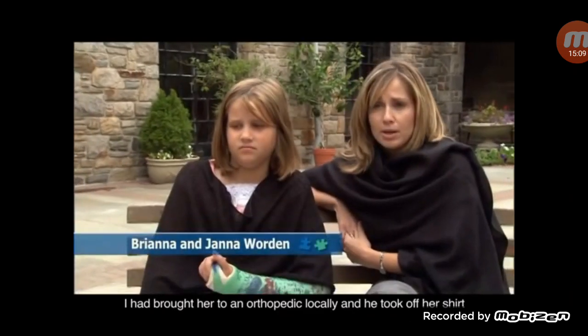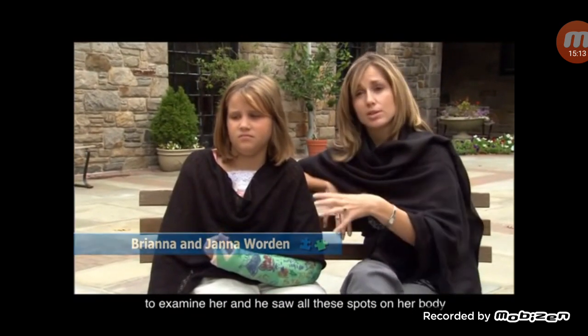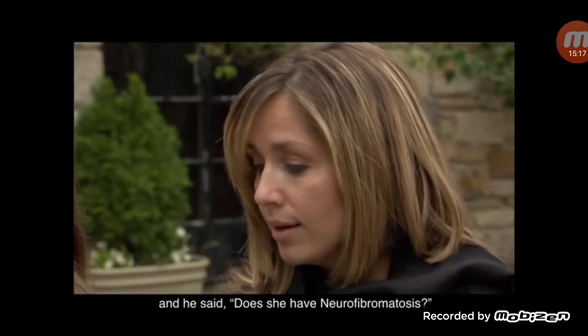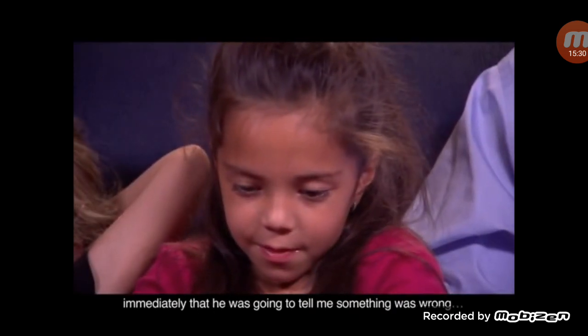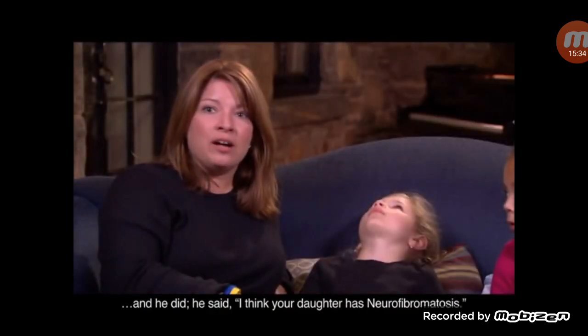She had been brought to an orthopedist locally, and he took off her shirt to examine her, and he saw all these spots on her body that we now know are called cafe au lait spots. And he said, does she have neurofibromatosis? I'll never forget sitting in the pediatrician's office, and he took out his pen and started counting the cafe au lait spots. And I knew immediately that he was going to tell me something was wrong. And he did. He said, I think your daughter has